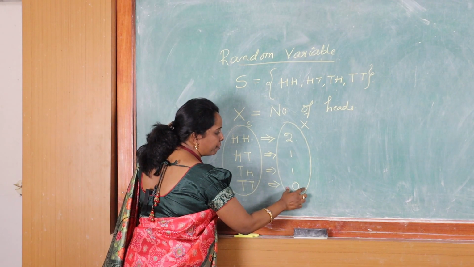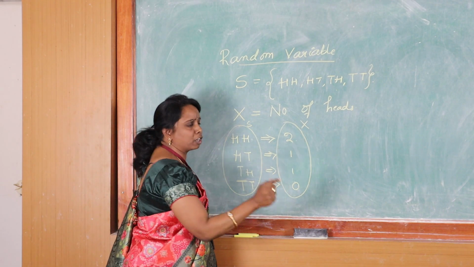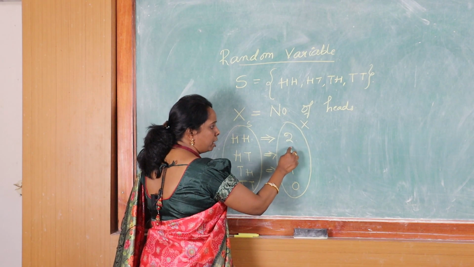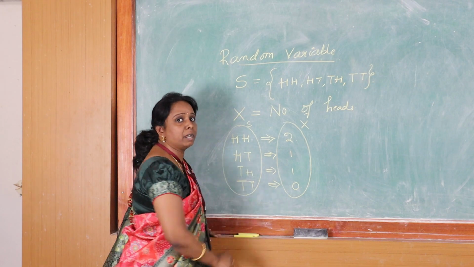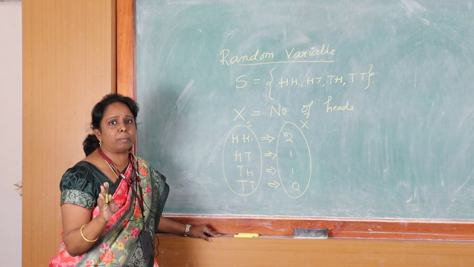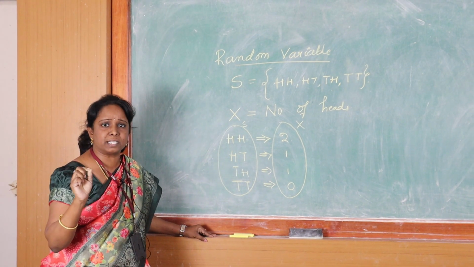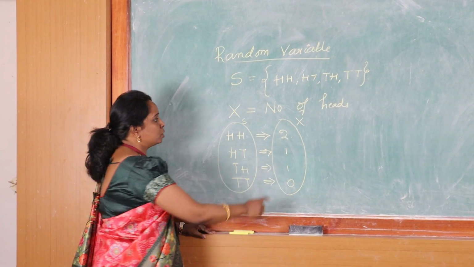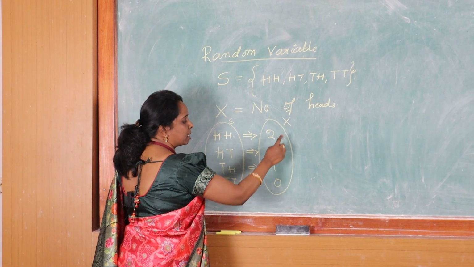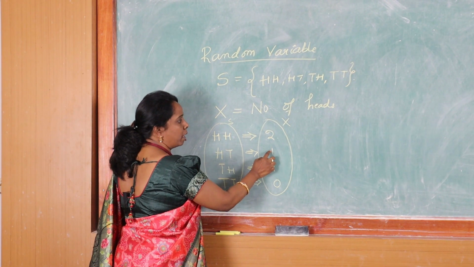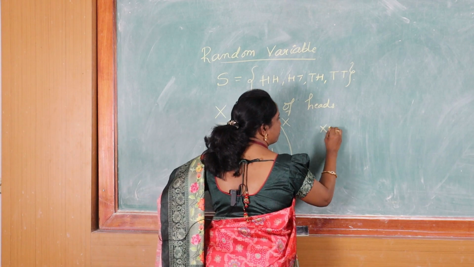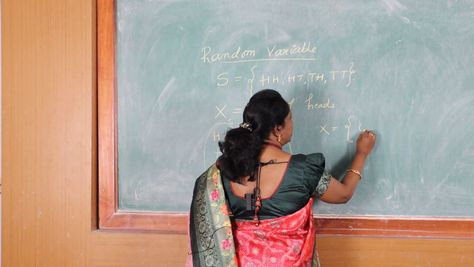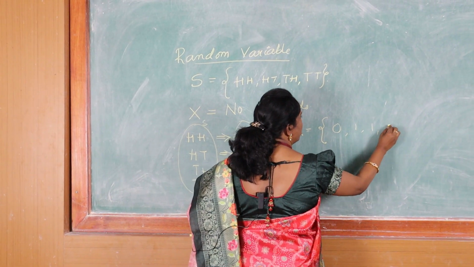Now all these set of real values come under a single function called a random variable. This random variable is now containing only values rather than alphabets. No alphabet will be contained in the random variable. Random variable is itself a real valued function, or we can take it as a sample function. So here X can be defined as 0, 1, 1, 2.